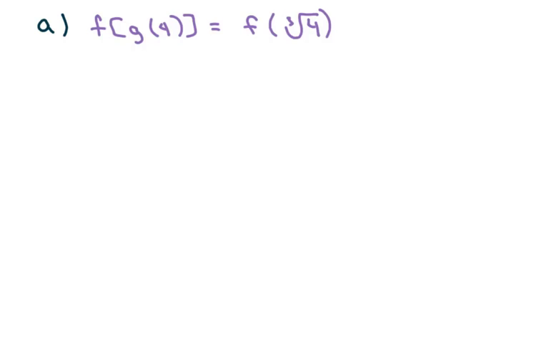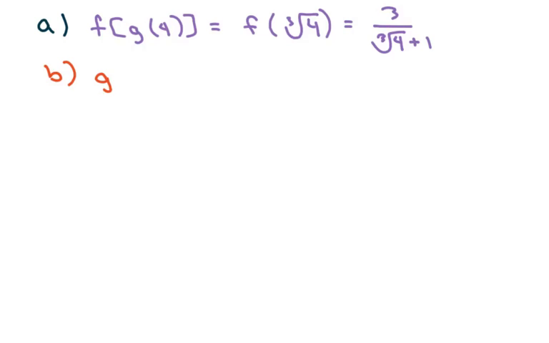So basically we're going to first find f of g of 4. This is going to equal f of the cube root of 4, which equals 3 over cube root of 4 plus 1. Okay, and B,